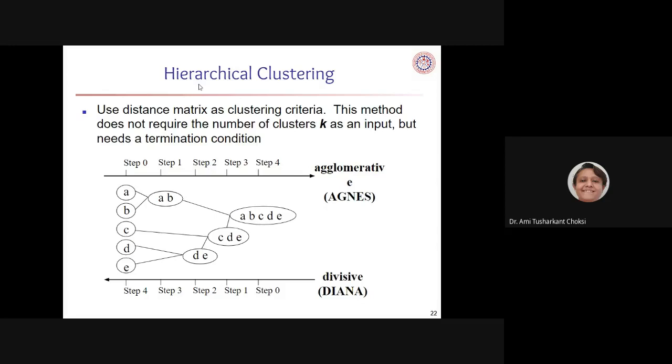Got the point? This is hierarchical clustering, where we are going from single data objects and combining them to the last one, that is called the agglomerative algorithm, and where we are going from all the 5 objects available to the single object, that is called the division, right? Here we are combining, here we are dividing, right? So this is agglomerative AGNES, and here it is called the divisive DIANA, right?